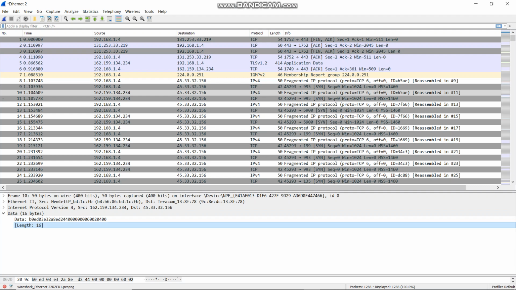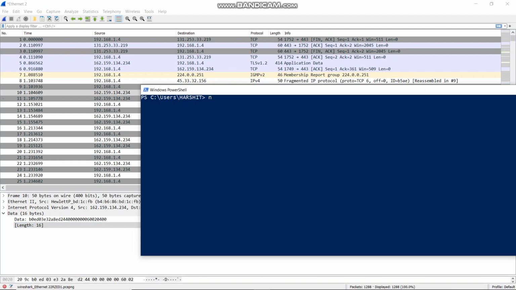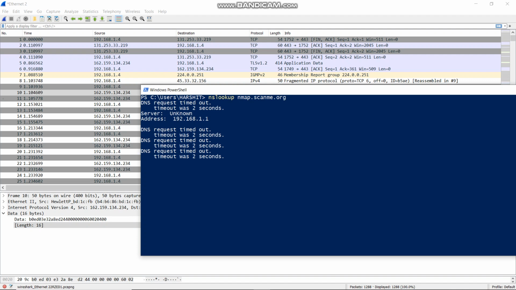Now I will show you how to do that. First of all, I will check the address of the nmap.scanme.org website, because it allows us to scan it. It itself says scan me.